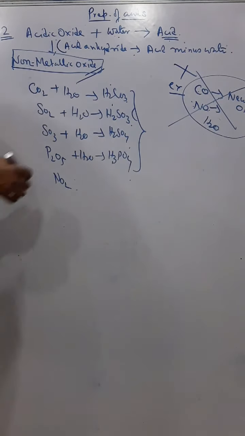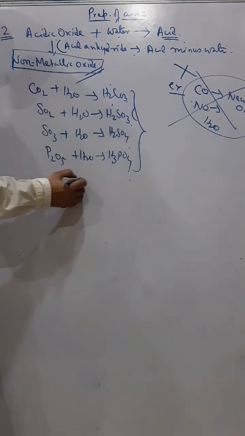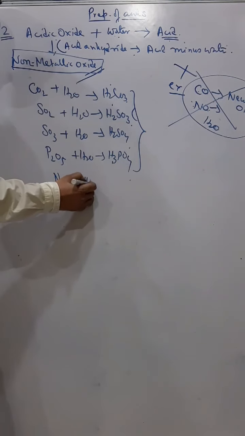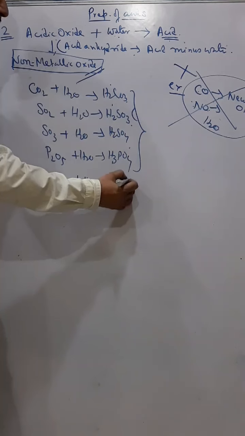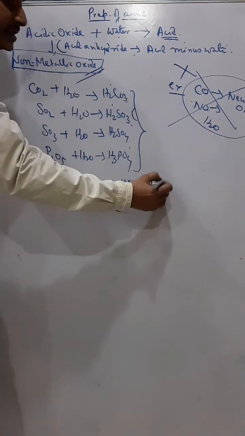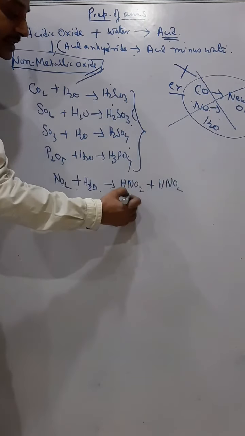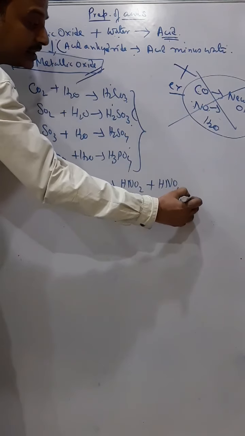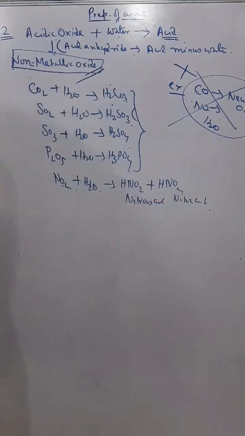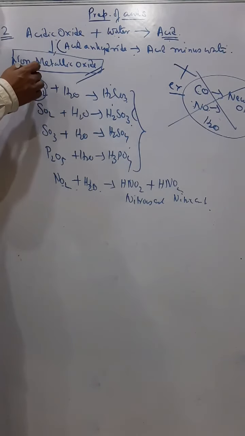Okay. And this nitrogen dioxide is known as a mixed acid anhydride, because it dissolves in water and gives a mixture of two acids, that's nitrous acid and nitric acid. Okay. And others are known as acid anhydrides, like we say carbon dioxide is an acid anhydride